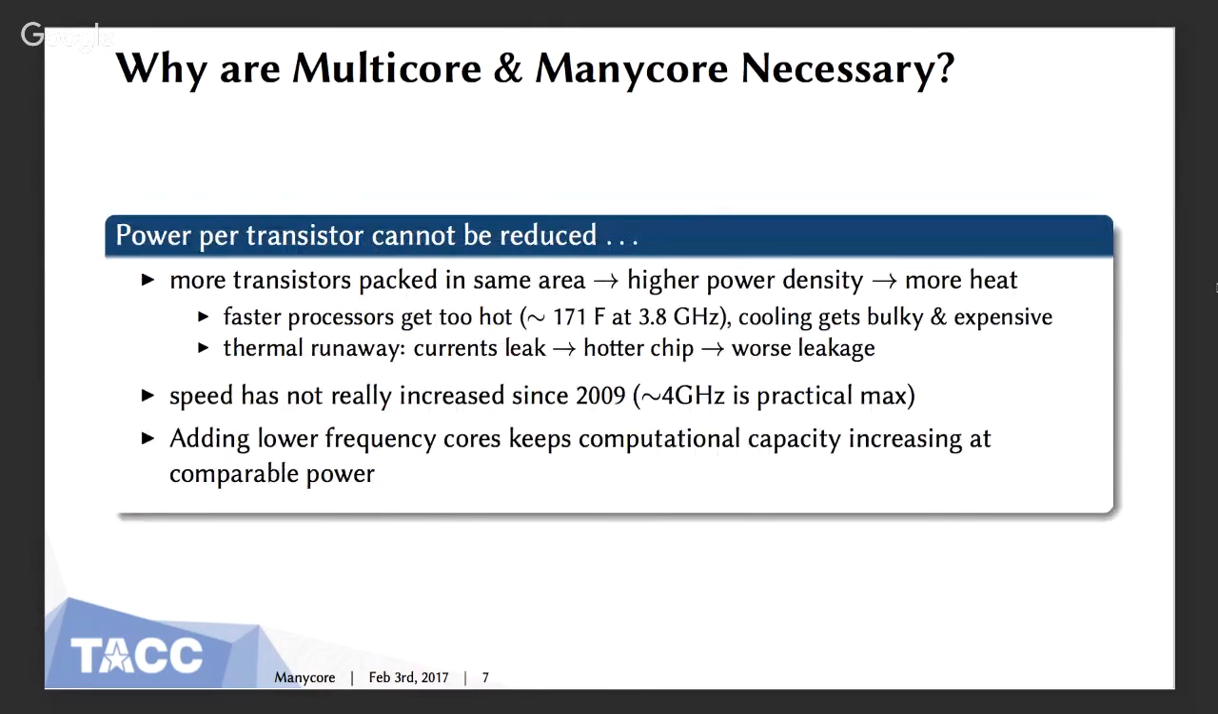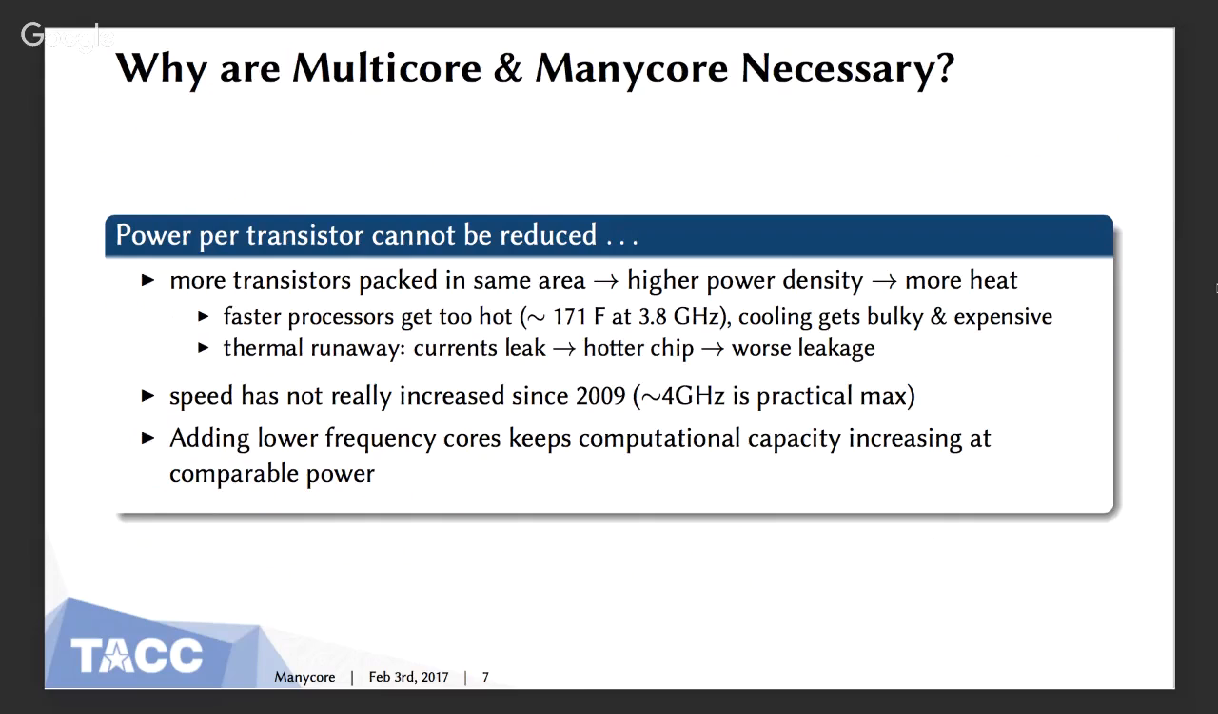So we can't reduce the power per transistor anymore. More transistors have to be packed in the same area. When you do that, you end up with a higher power density, and then you're generating more heat. Faster processors than this, they get too hot. That heat is too densely